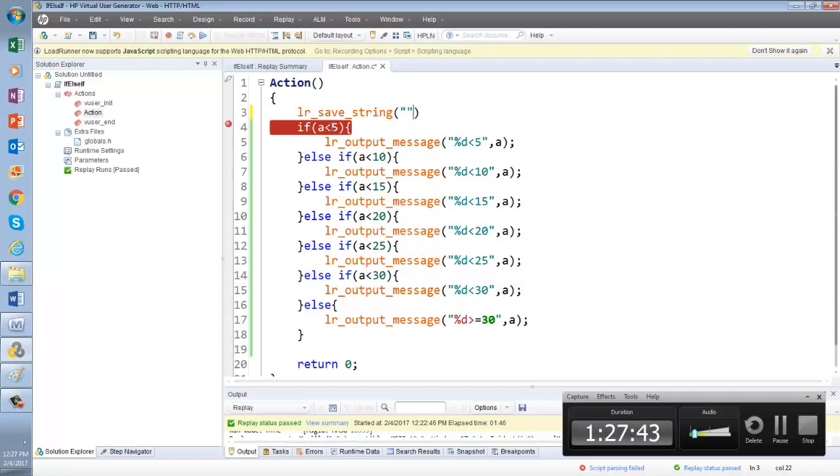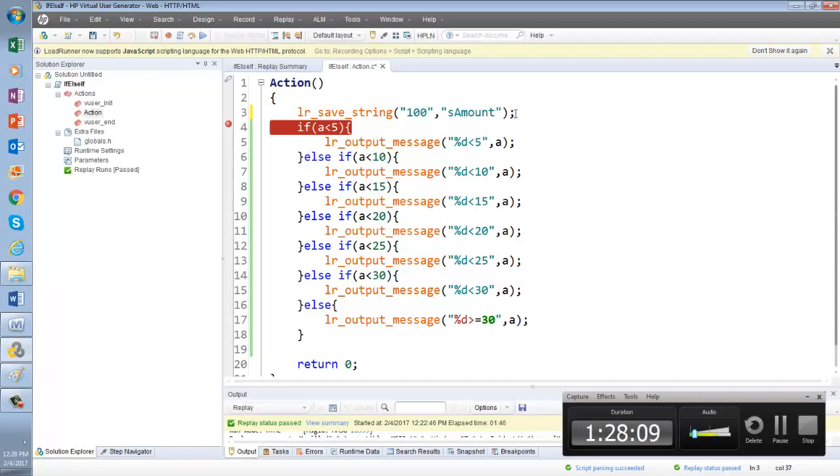Let's say I want to save 100 to a variable, let's say s_amount. Okay. Now I want to change this if condition to use s_amount. What will be the way?